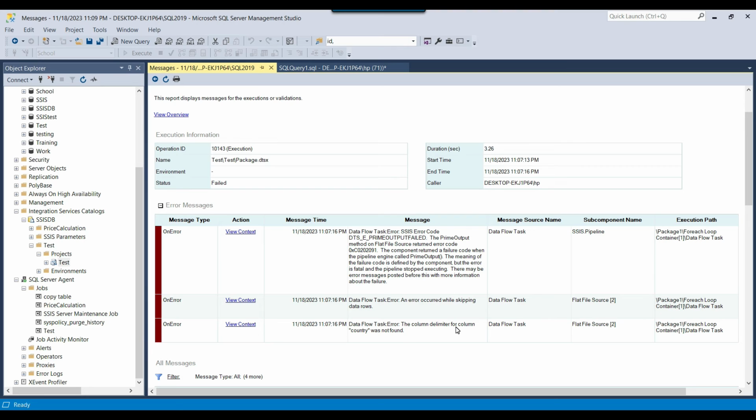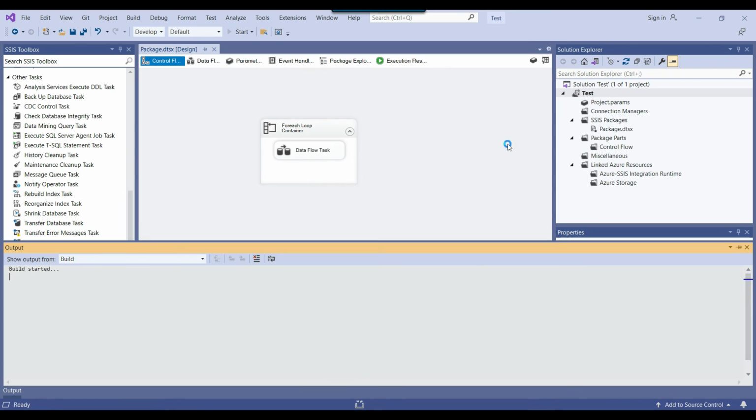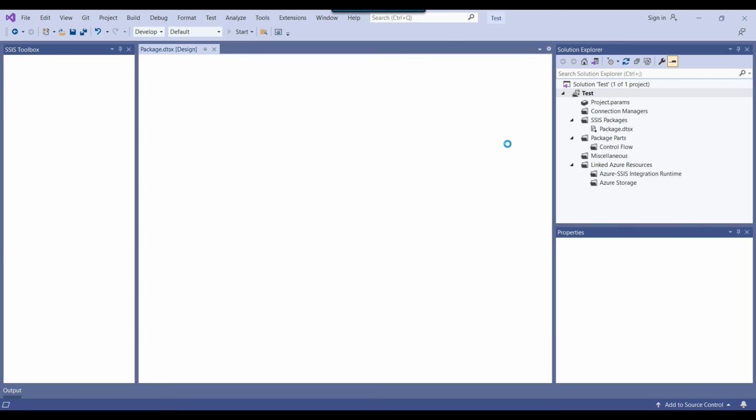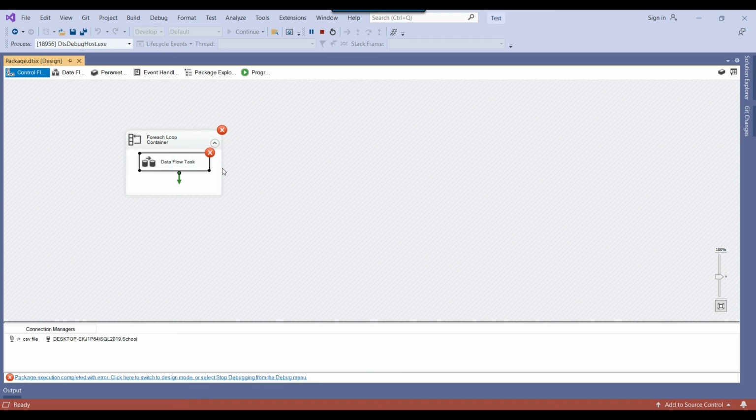The last column was initially country, but now there is one extra column after the last column, so that's why it's saying that the delimiter is not correct for this particular column. The error is coming from the data flow task. If you open the SSIS package, this is the data flow task which is failing, so that's why it has given the source name, the data flow task name. Even if I execute the SSIS package from here, it will fail as well, because the file is not good.